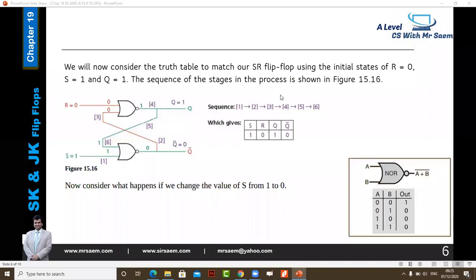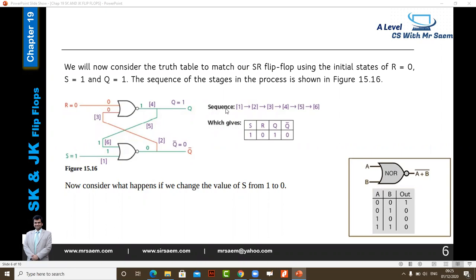So as you can see over here, again, let me just recap what I just said in the previous slide. Okay, I'll just continue with this. So you can see over here we are going to develop a flip-flop, a NOR gate flip-flop, and you